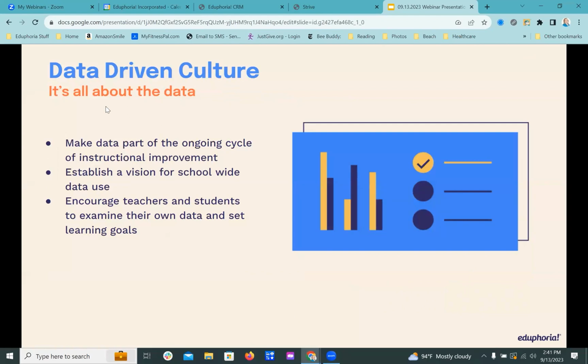I titled this data-driven culture. And we've talked a lot about data and the different data points. Well, Paige actually talked a lot about the different data points that you can find in Strive, the different places that you can capture and analyze the data. And I think that is huge, and it'll be very helpful when you have the conversations with the teachers. But I also don't want